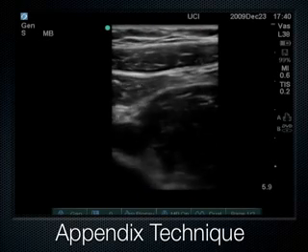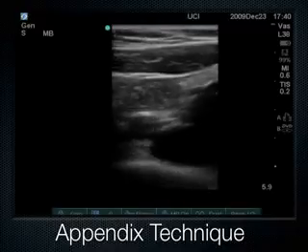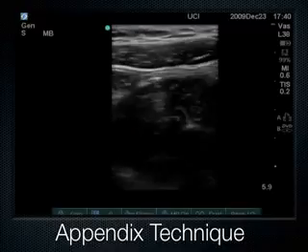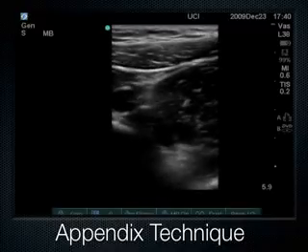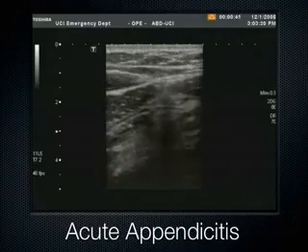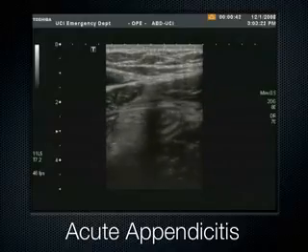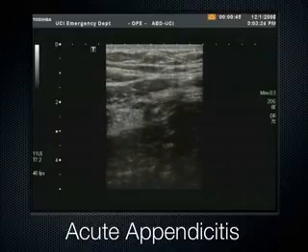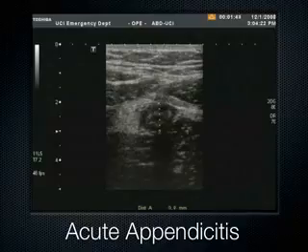The psoas sandwiches the bowel. Now, if the bowel is normal, it just compresses, squirts out of the way like it is here. But if the bowel is abnormal, if it's acute appendicitis, then you get this round structure here that's more than 6 millimeters, that lacks peristalsis, when you compress psoas all the way up to abdominal wall